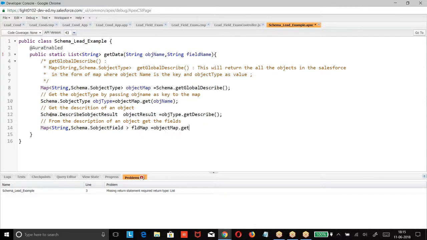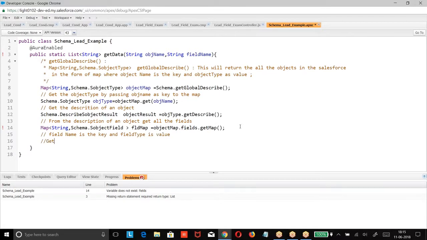Object map dot get fields dot get all the fields of the object. From the description of an object, get all the fields of the object. Once you got the fields, now field name is the key. Field type is the value.